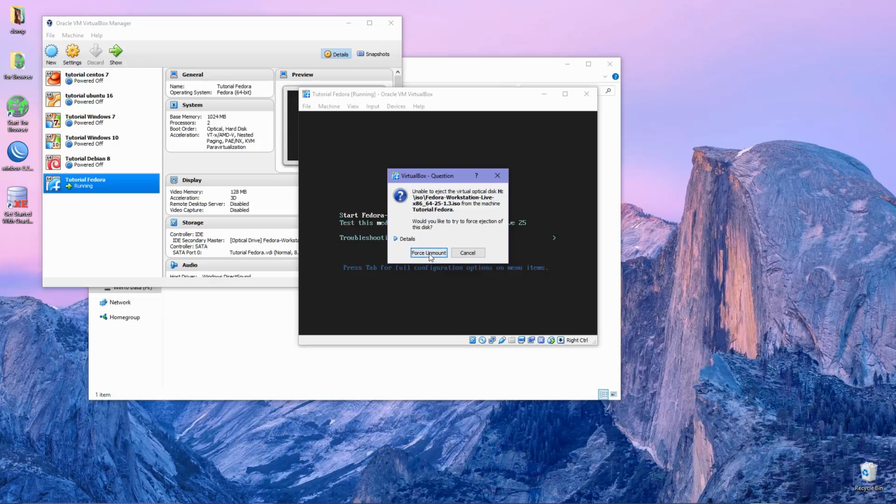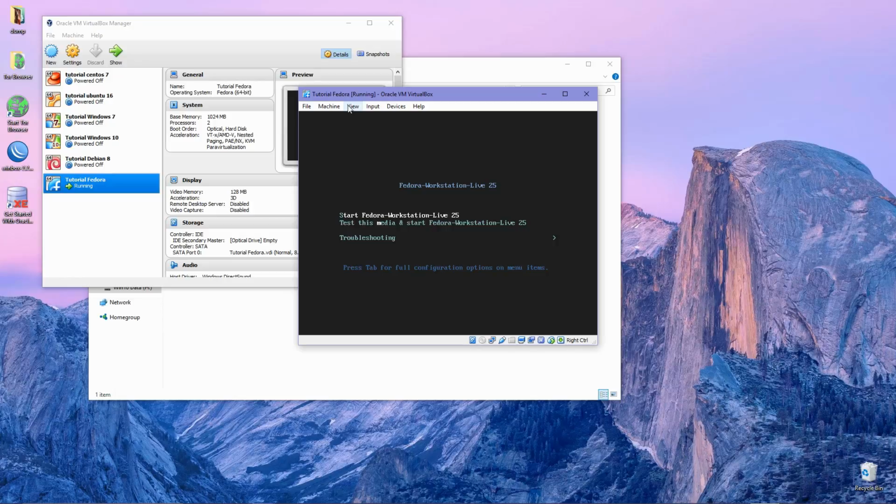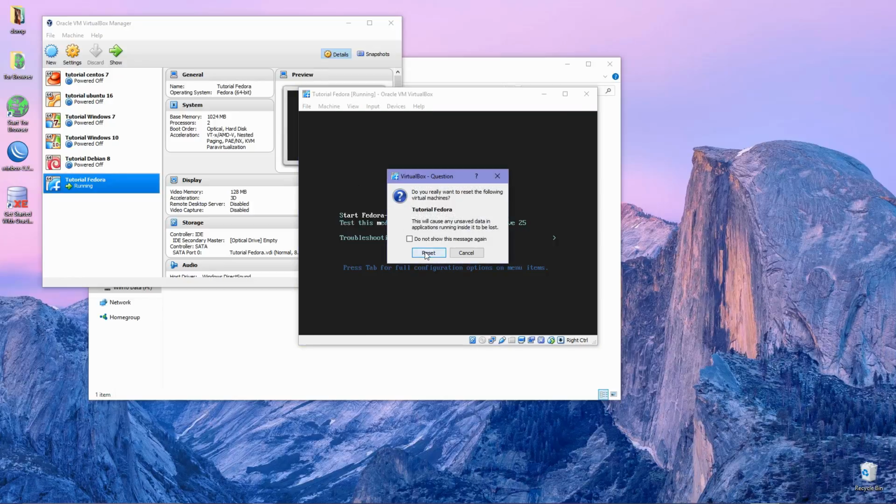For VirtualBox, just force unmount. For a bare metal machine installation, remove the installation DVD from your DVD drive and restart again.